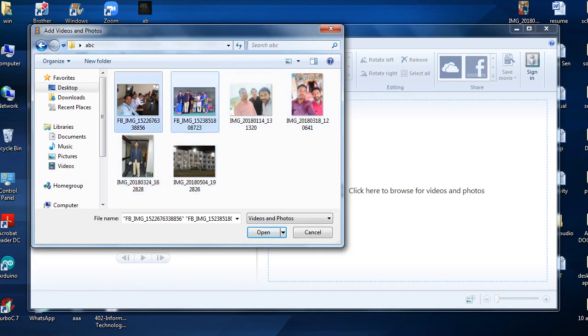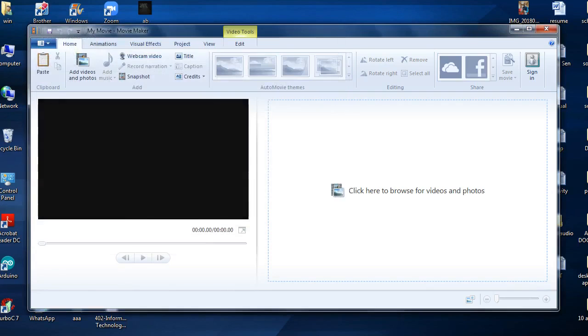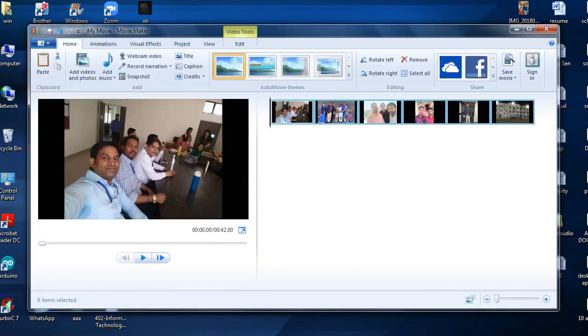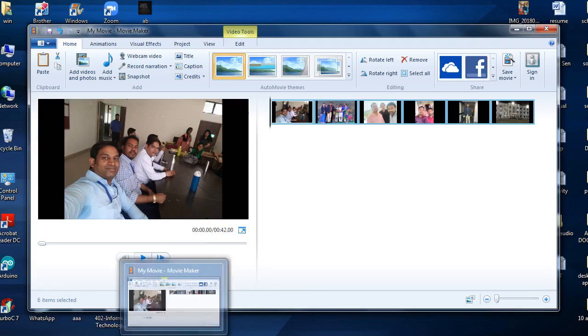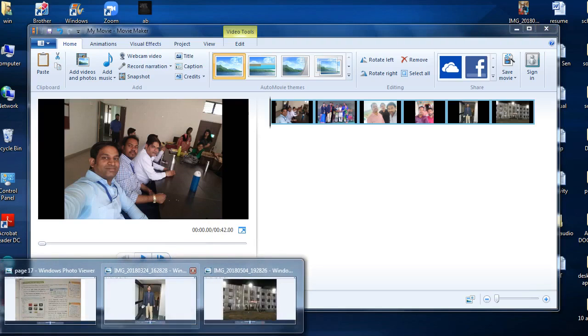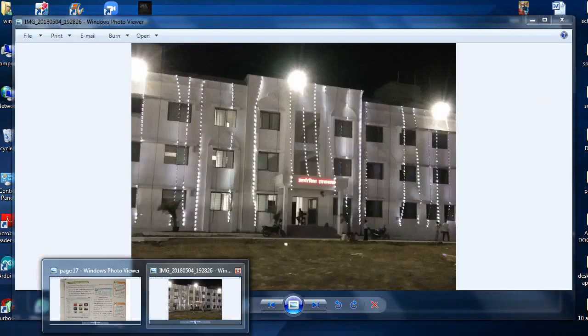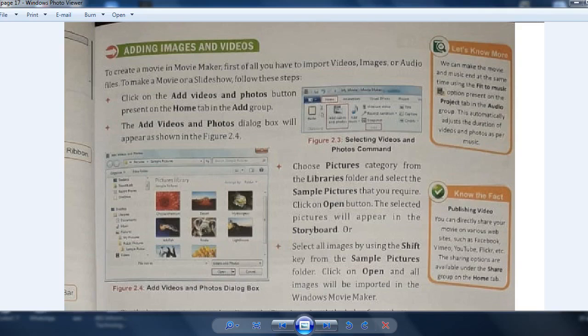I will select all of them using the Shift button, and I have selected them together using the Control key. This is the way you can select, and like this you can select a video clip also.